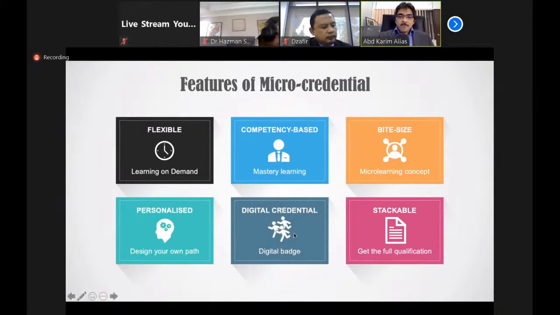And the power of these digital badges, the concept of micro-credential, is the concept of stackable, where you can accumulate, you can collect a bundle of badges, you can collect a bundle of certificates, and you can stack them up, and you can get a full qualification.